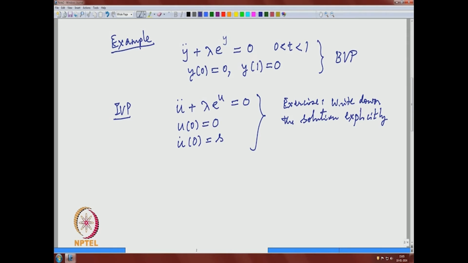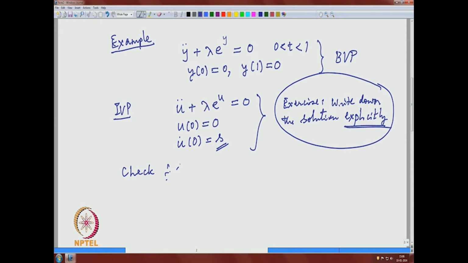You can use the conservative nature of the equation. You can easily integrate once and convert that into a first order equation, and then, separating the variables, integrate it. It is a bit complicated, but doable. You can explicitly solve it, and in the solution you see the dependence on S very clearly. Now you next check using that solution